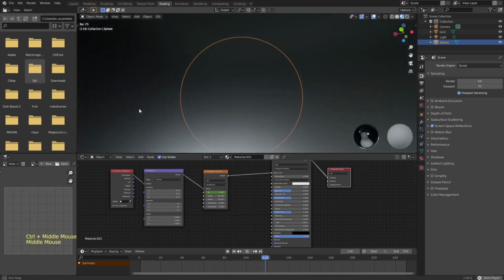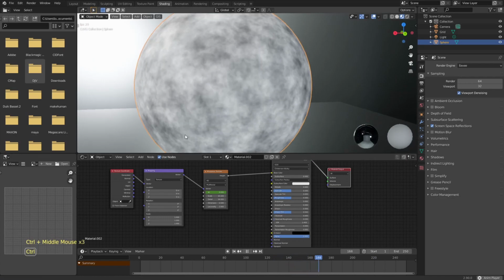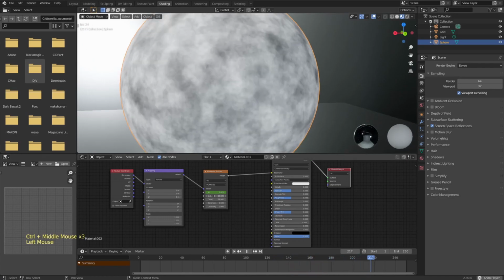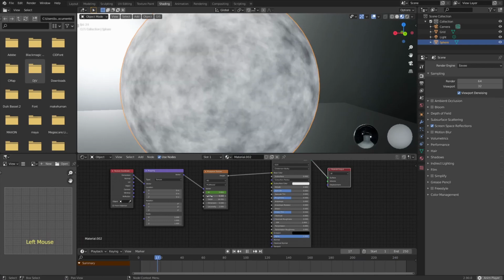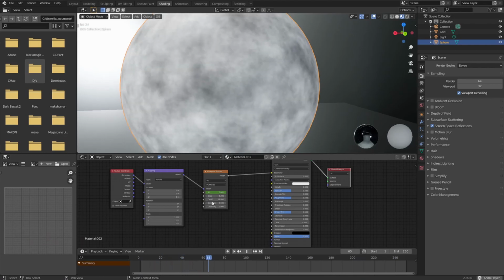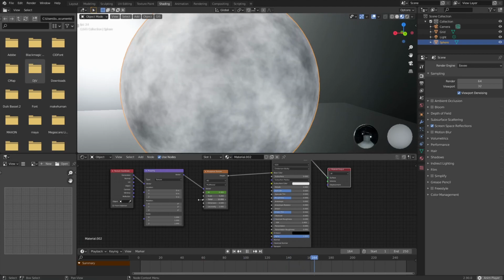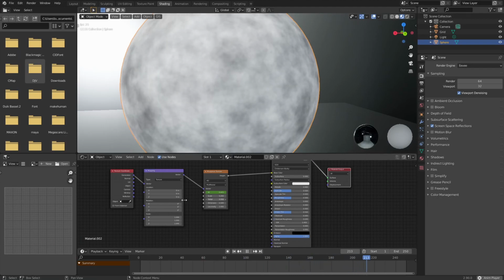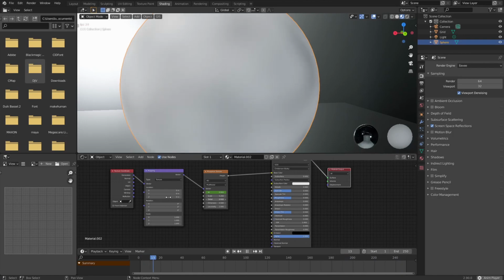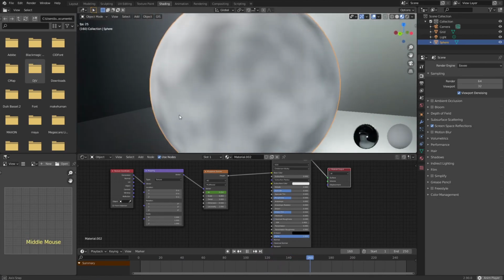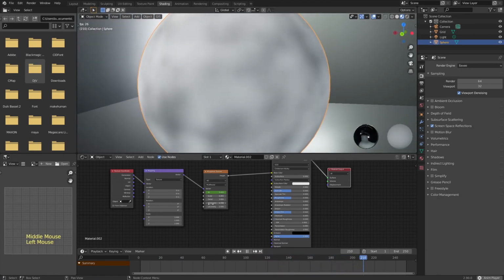So, as you can see, this is seething. And while it is seething, let's just do some alterations, because we've got more control over this than we think in terms of doing stuff while it's animating. That's one of the things I love so much about Blender, is we can do so much whilst things are still running. Even on a low-powered machine, you can change these values. So let's just